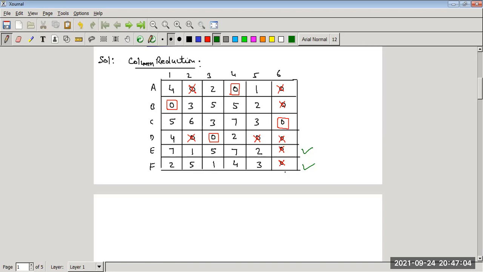Tick all unassigned rows. If a ticked row has 0, now we first consider row number 5, this one. If a ticked row, इसमें अगर कहीं 0 आपको दिख रहा है, yes, this is 1 zero, so we tick that column. If a ticked column has an assignment, अगर tick column में कहीं assignment है, तो yes, this third row has an assignment, right? So we can tick that row. If a ticked row has 0, then we have to tick that column, but there is no 0 in this row, so this process is over.